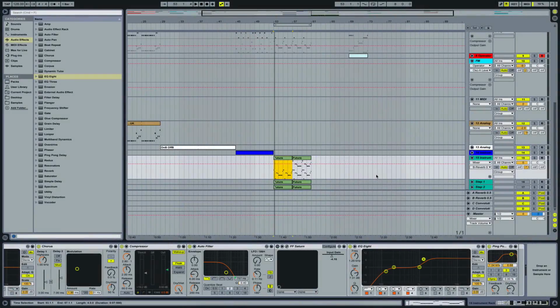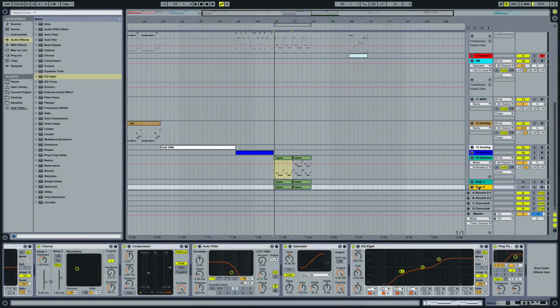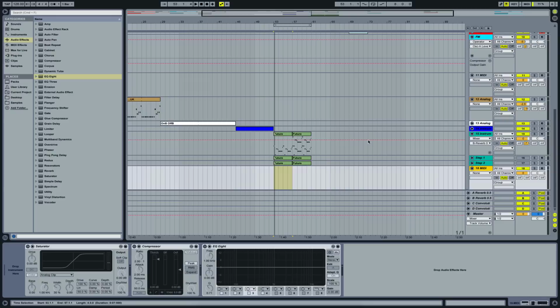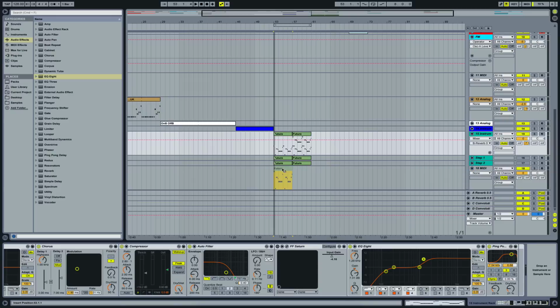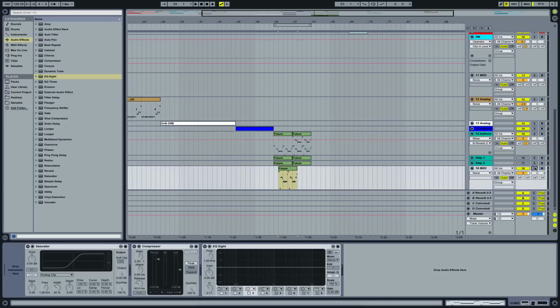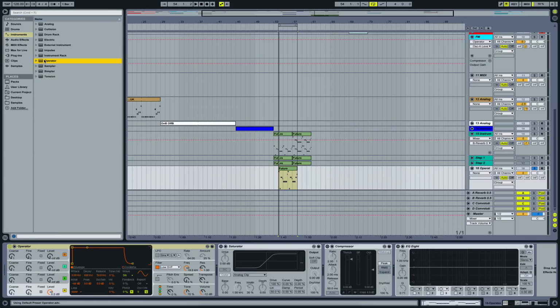The first thing I'm going to do is create another MIDI channel right here in our basses group, and I'm just going to copy over the bassline that we already have. Now I'm going to solo this track and loop this bassline here. We can't hear anything at the moment, so I'm going to load up a brand new instance of Operator. Okay, now we can hear our pattern,